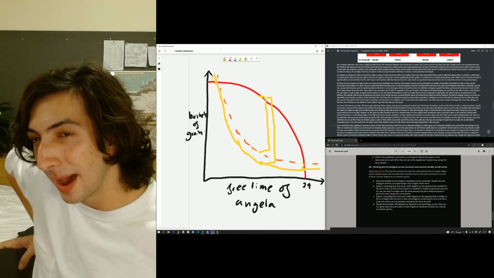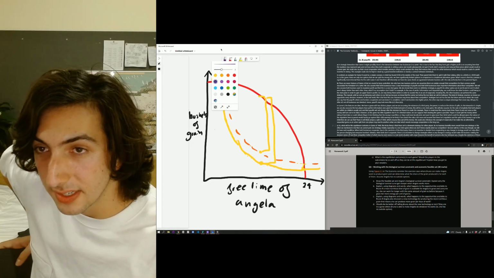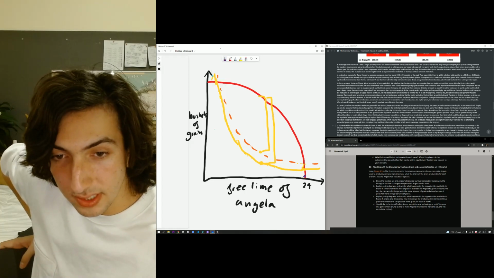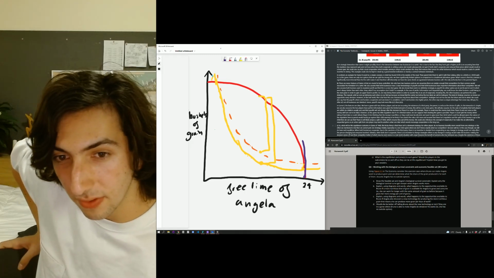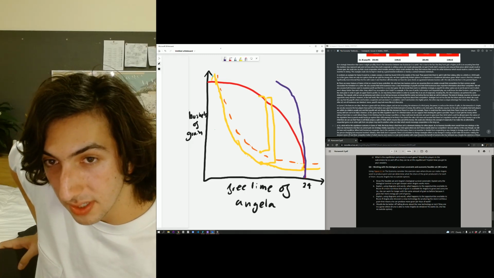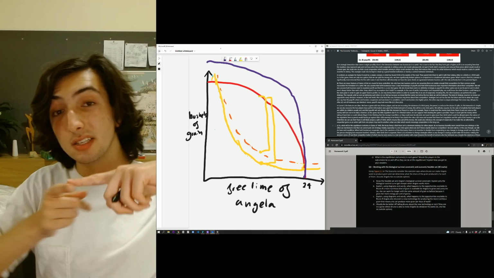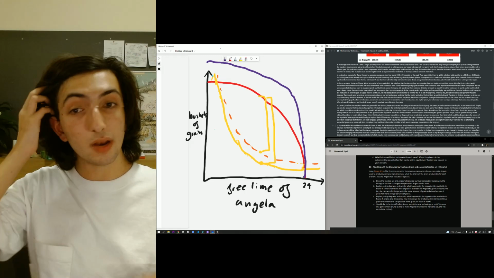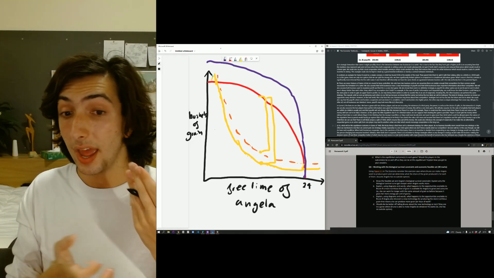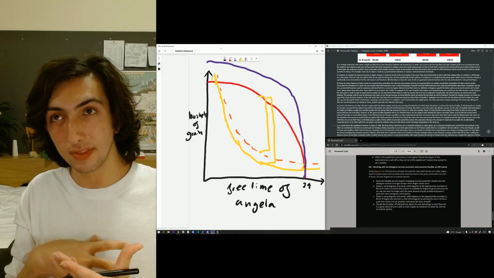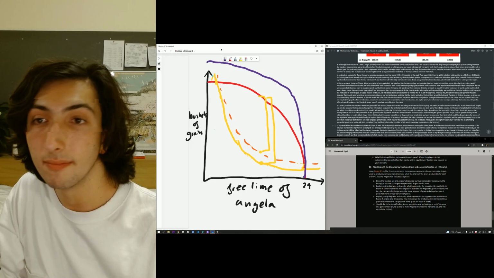Okay. Now what happens if a new technology emerges? Well, this will happen. Of course, the amount produced at 24 is not going to really change. If you still don't produce anything at 24, you're still not going to. But we are going to increase relative on the y-axis with bushels of grain. We're going to be able to produce more bushels of grain for every hour. So every point on this is going to have a higher gradient. Okay, so this is going to be our new one.